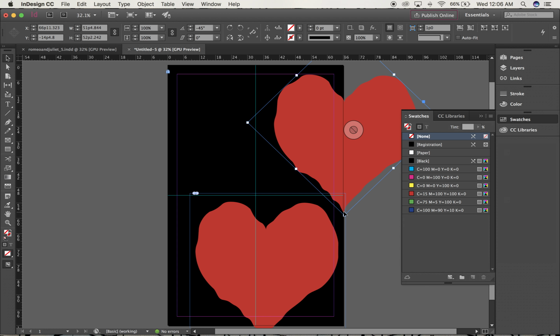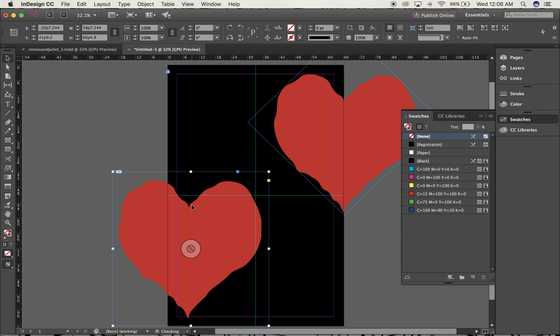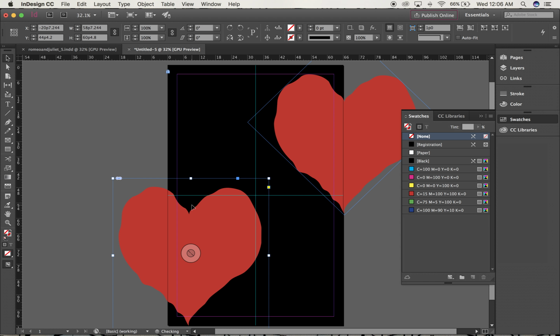So the center of the heart should be on the right edge of the page. The top should be right up here against this line. If I think I'm off by a little bit, I can tap the arrow key. Kind of the same thing with this one. I'm going to move it over to get it a lot closer, and then I'm going to just tap with these arrow keys. The bottom of the heart will sit exactly on the edge of the box, and I'm going